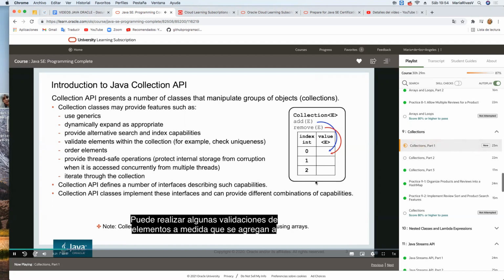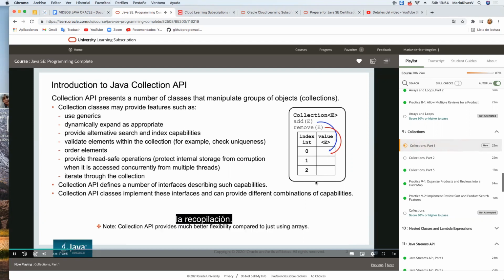You could perform some validations of elements as you add them to collections. For example, check uniqueness: you may decide not to allow duplicates to be stored in certain collections. Order elements in a particular order, provide different operations that manage concurrency and thread safety, and provide mechanisms to conveniently